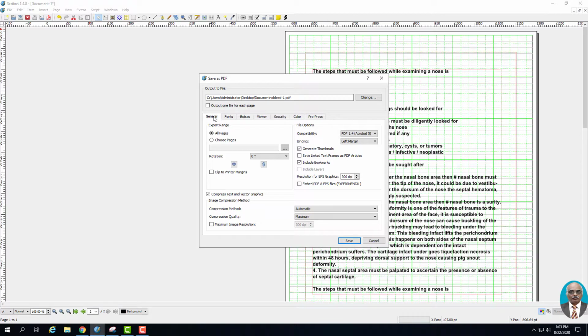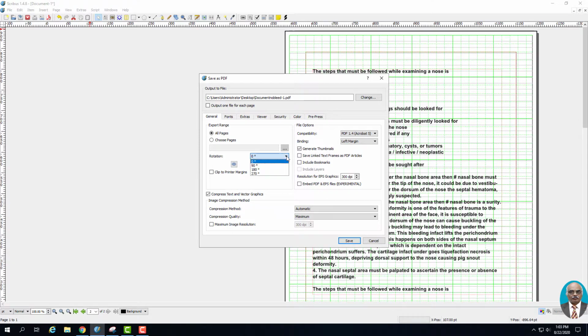Now we have opened the General tab. In the General tab, you have the choice of exporting all the pages into the PDF document. This is the complete export. Supposing you want to send out this PDF document as a sample chapter for potential users, you can choose the interesting pages of your book and choose the pages which you want to be included in the PDF. For that, you check this radio button, choose pages, and export the relevant pages to be sent out as a sample.